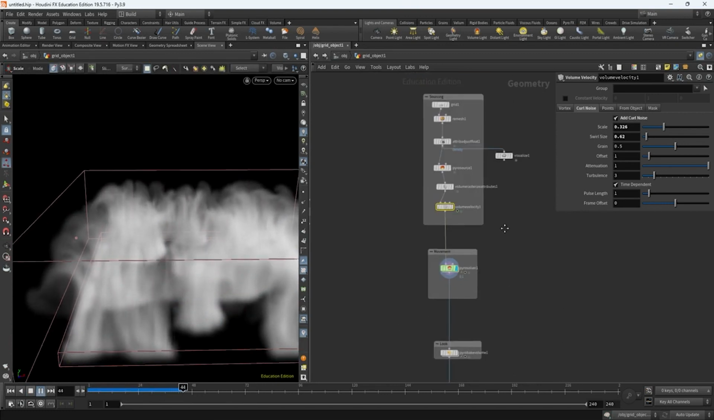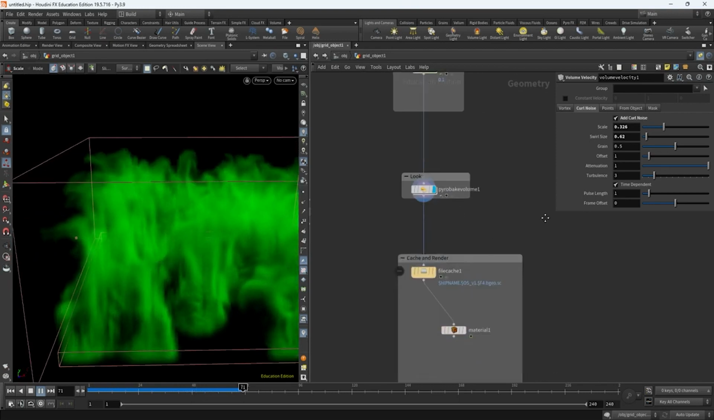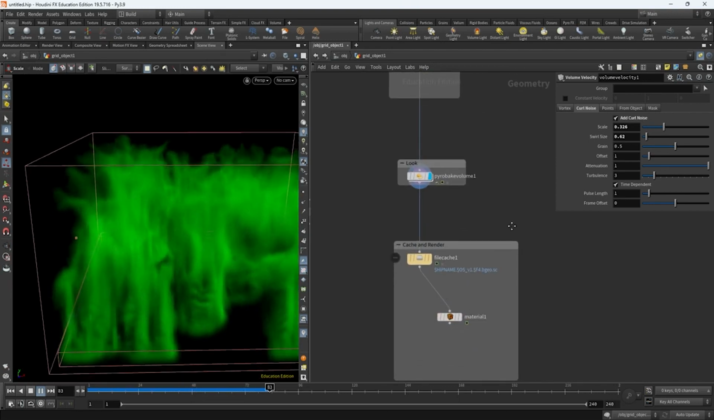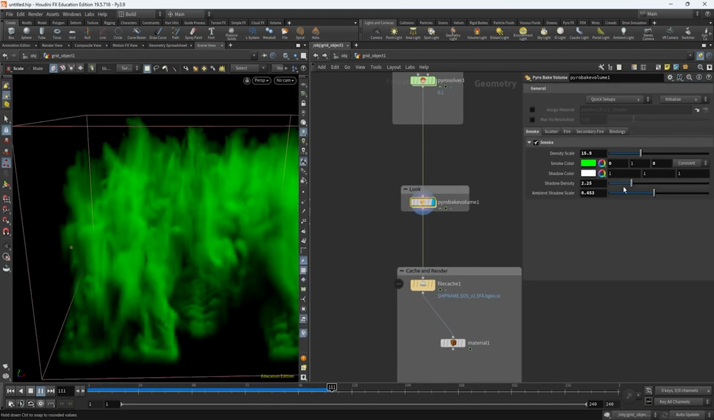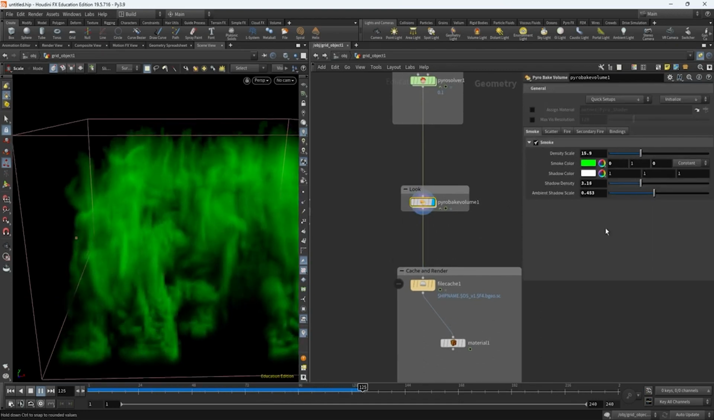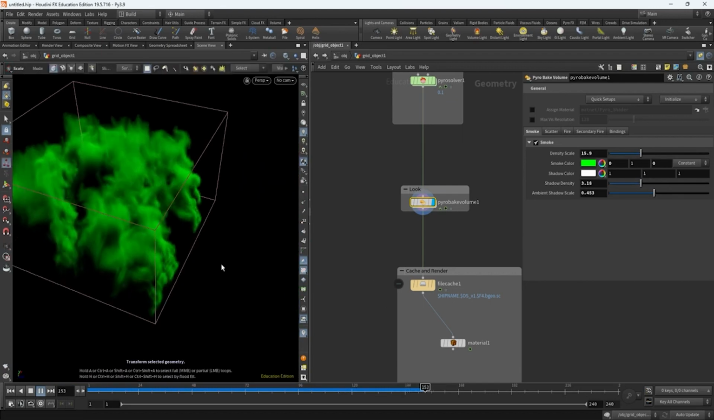Now I'll take this a step further by activating that. I didn't cache it, but maybe I'll just increase the density so you could really see, and then the shadow density as well. So now I have something like that. So I'm able to introduce,